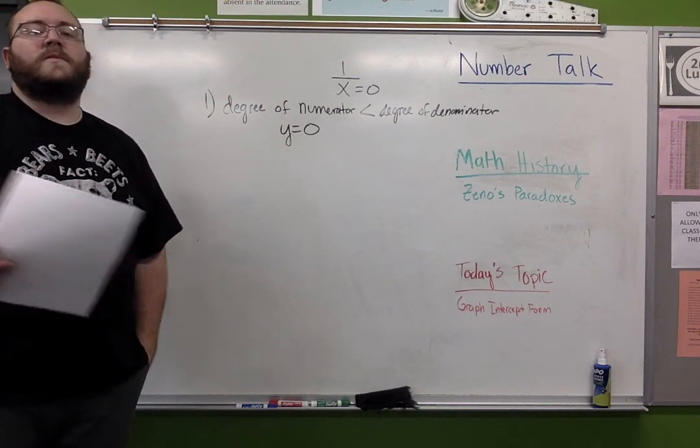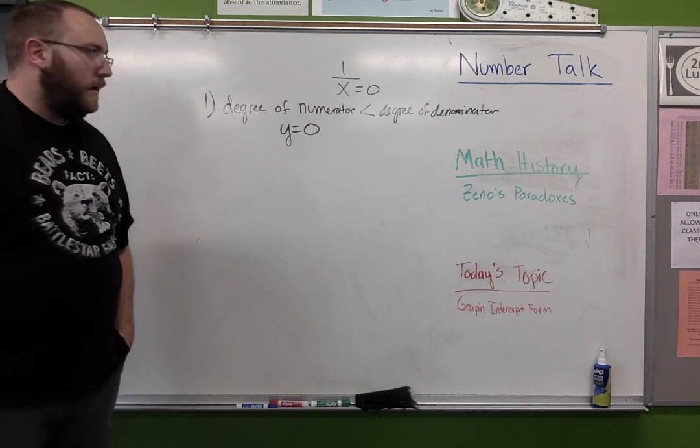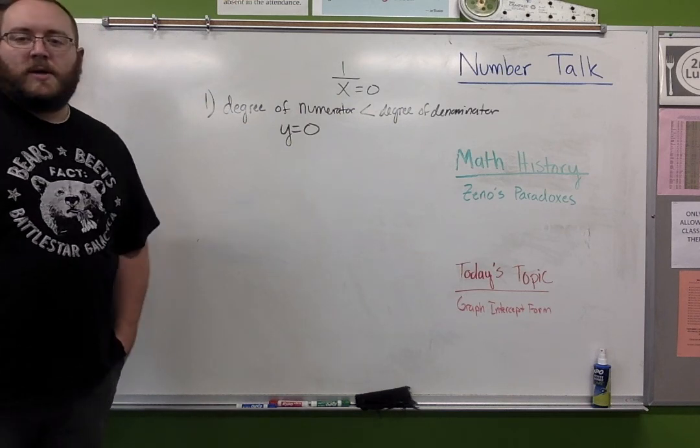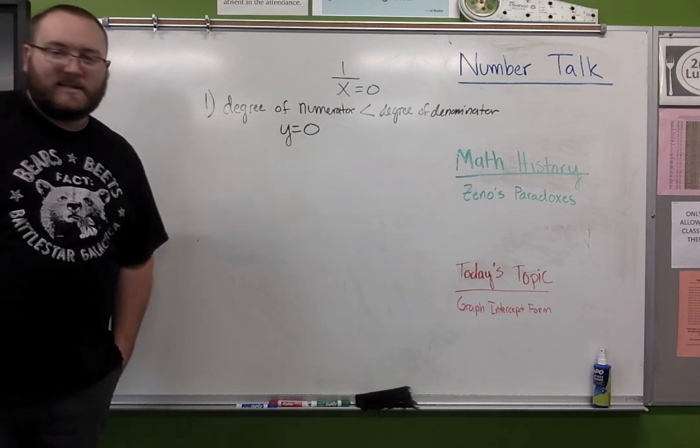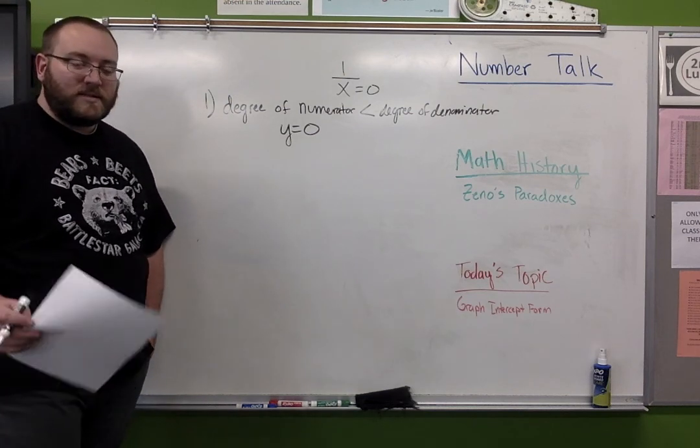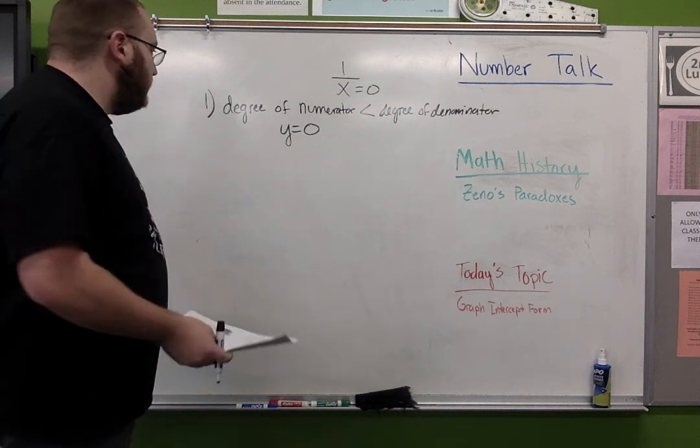And like I said, this comes from long division. When you do long division, you end up getting a constant on the top, and so the constant will never equal 0 unless it is 0. But then if it does equal 0, then it wouldn't be a rational function. Anyways,